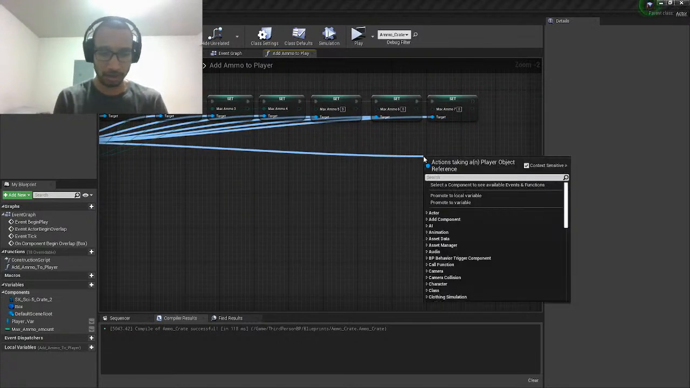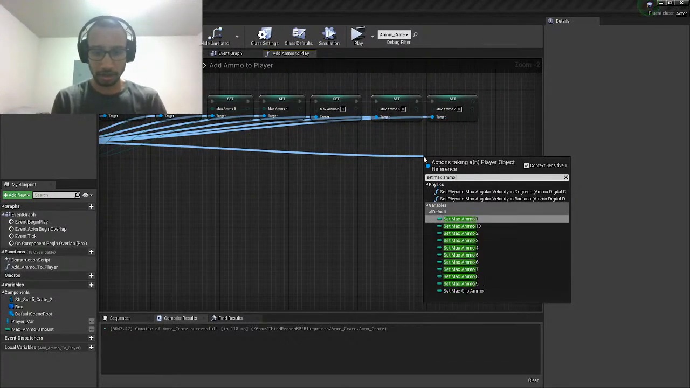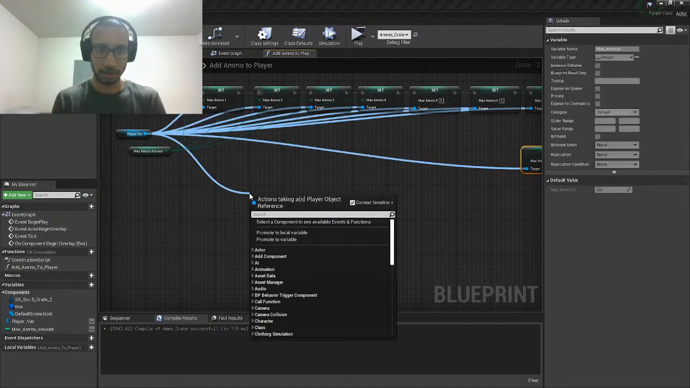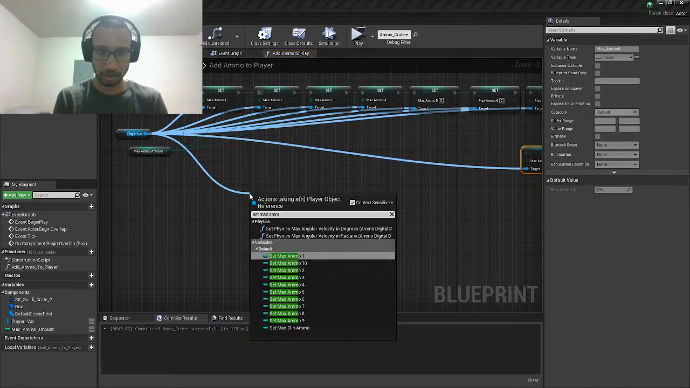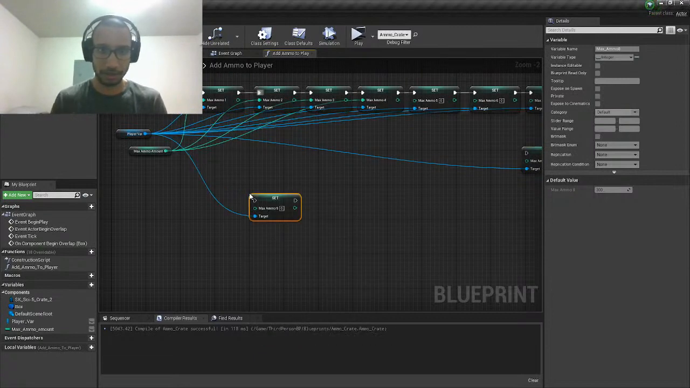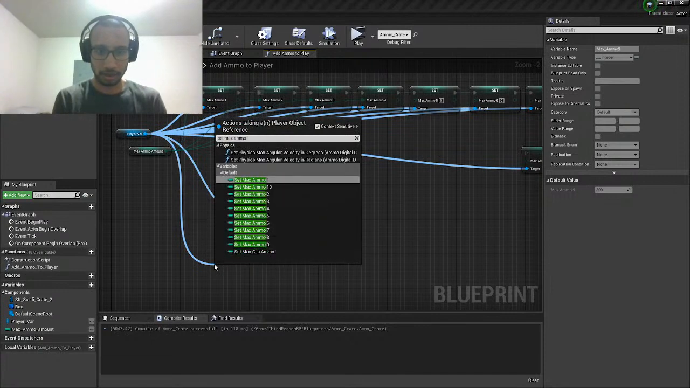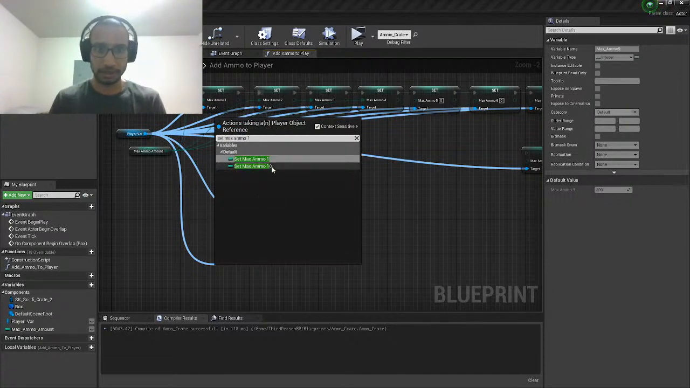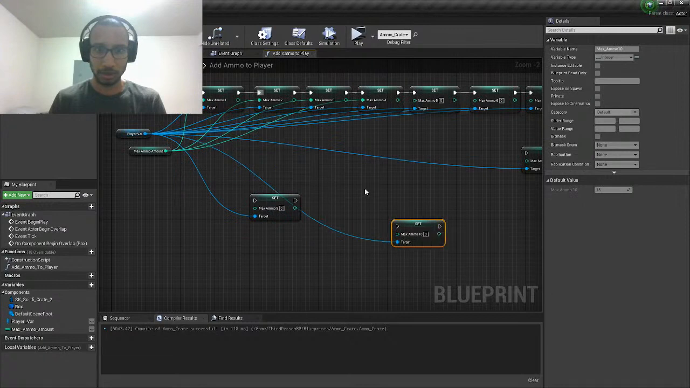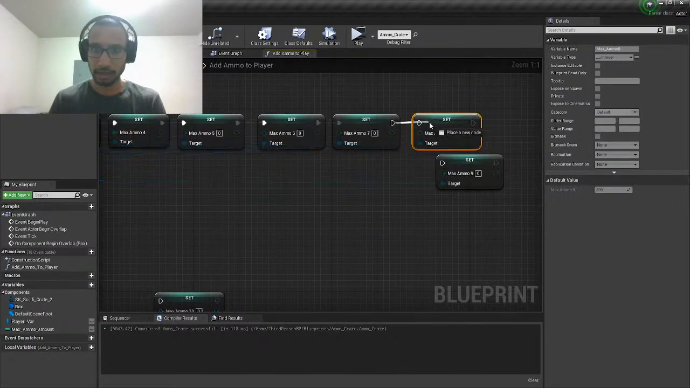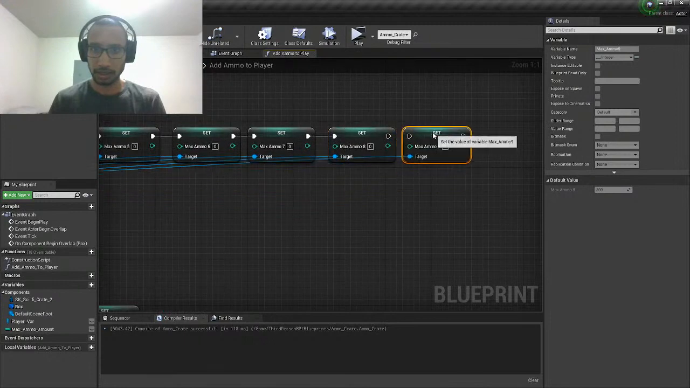Max ammo 7, set max ammo 8, 9 and 10 are left. Set max ammo 9, and set max ammo 10. Hooray! Okay, so let's go ahead and plug all these up. 7, 8,